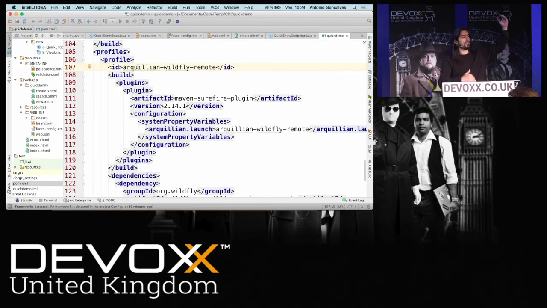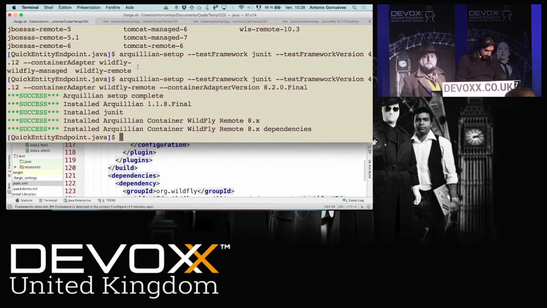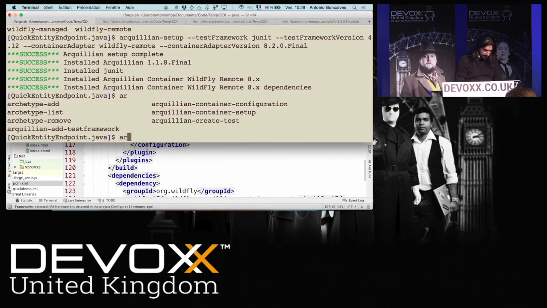And this way with Arquillian, you can test within Tomcat, within Weblogic or GlassFish, just by switching profiles, which is very handy. Okay, so that's fine, but now I want to create a test.